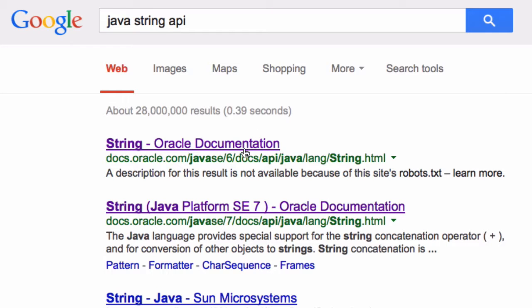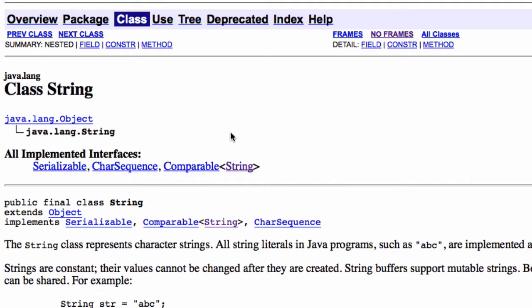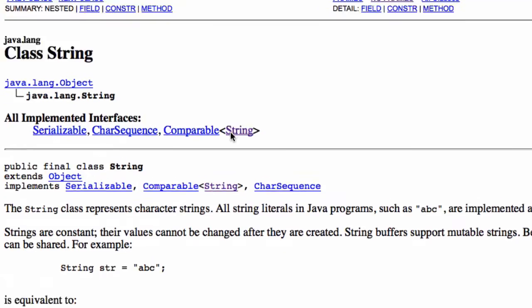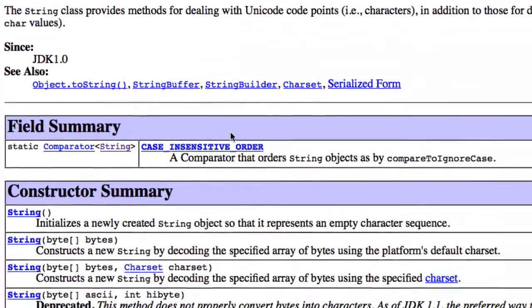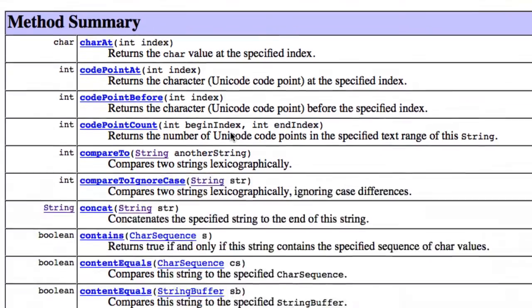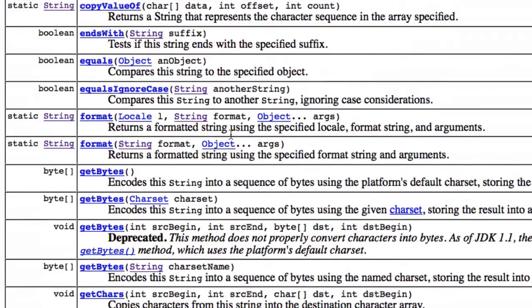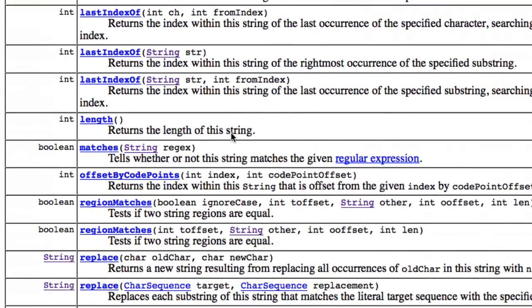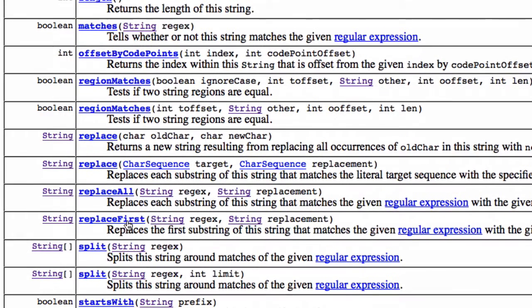We need to look at the split operator on a string, and one way to do that is to search in Google for the Java String API, and the top hit will give us what we want. And what we see here is the JavaDoc for the string class. And what we're going to do is scroll down to split. There's quite a few methods here. And this split